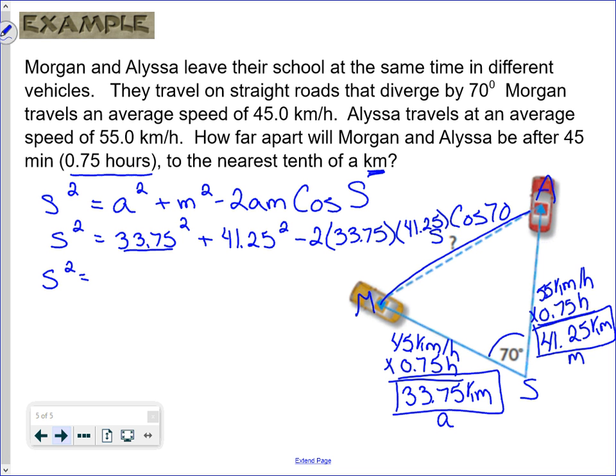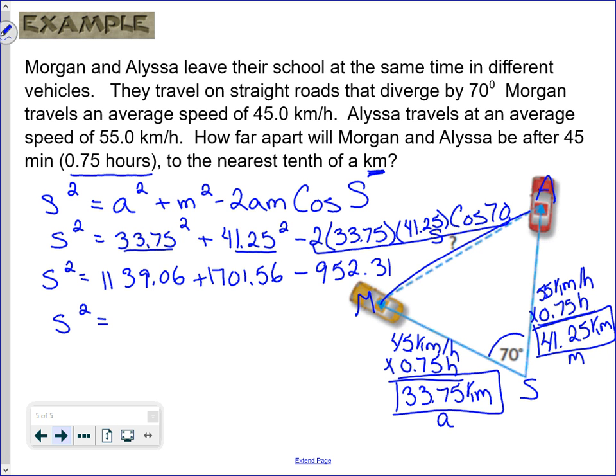So now we're going to square the 33.75 to get 1139.06. We'll square the 41.25 to get 1701.56. And then we'll multiply these four terms together to get 952.31. So now we're going to add our first two values together and then subtract that 952.31. When we do that, we'll end up with 1,888.31. And we'll square root both sides